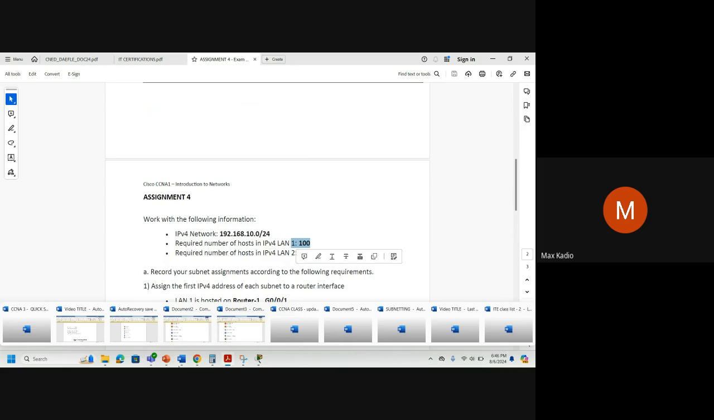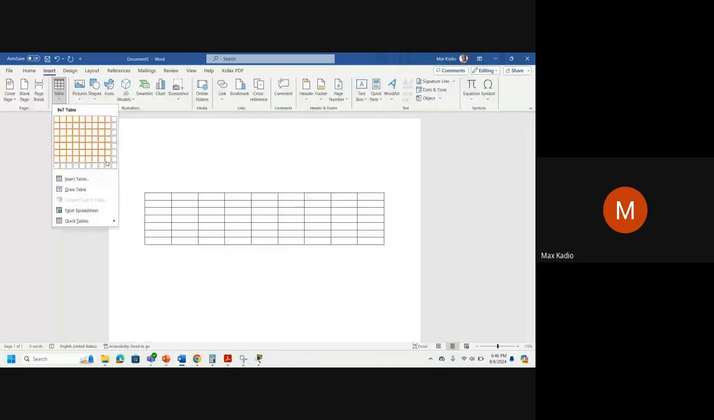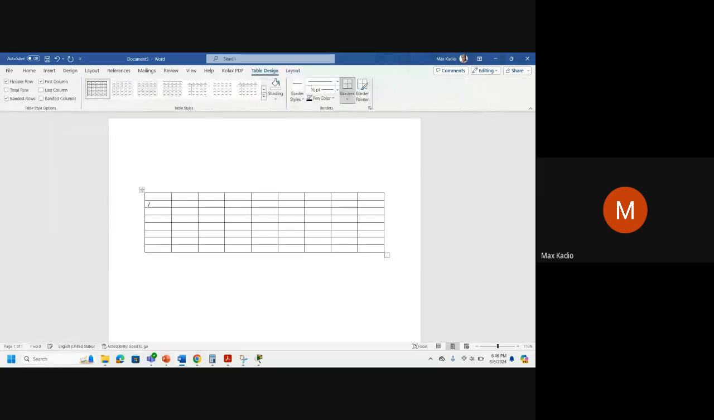So remember the table we made. I forgot that table, but anyway, I can do it here. If you have /24, /25, /26, /27,